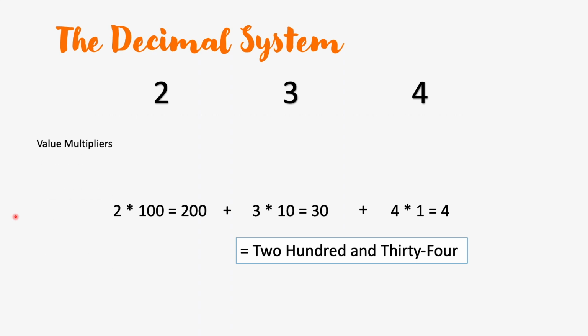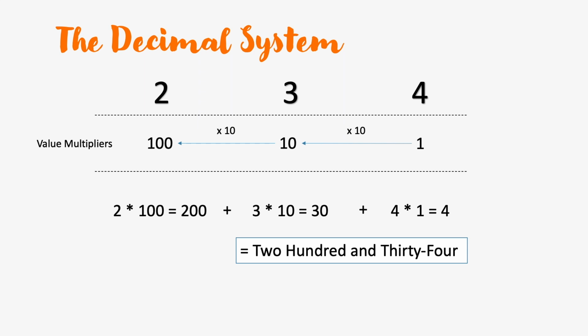Now note that the place value increases by 10 every time we shift towards the left from the right. So first we have 1, then we multiply it by 10 to get 10, which is the place value of the second digit from the right, and then we multiply it by 10 to get the place value of the hundredth place, which is 100. So as we can see, this increases by a product of 10 every time we jump one digit towards the left. This is because there are 10 digits in this system, 1 to 9, so 9 digits, and then one more which is 0, a total of 10.